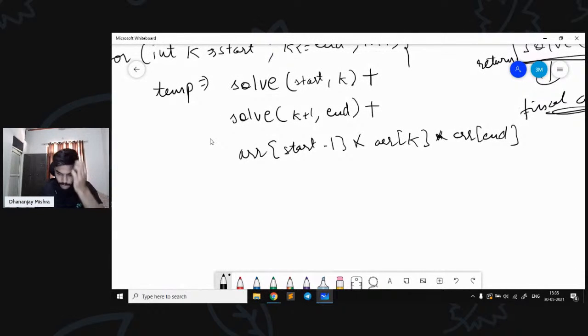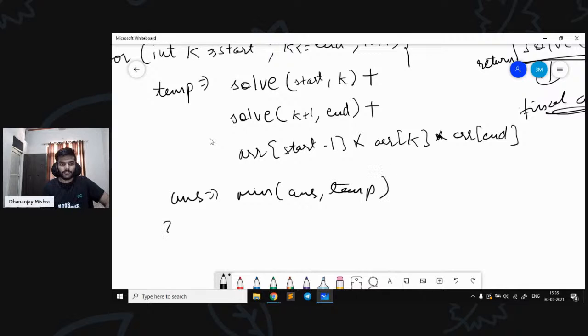Now, as we're seeing, this is a temporary answer, right? So we have to check out of all these temporary answers what will be the minimum one. So I will have an answer variable and I will keep the minimum out of it. That is answer and temporary, right? And once this loop is over,